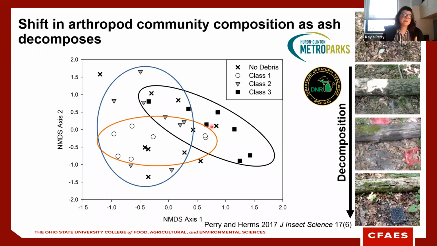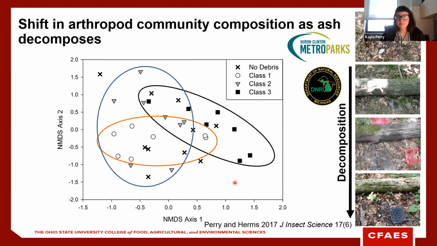And so this is really exemplifying this succession of arthropod community composition, or the species that are utilizing this woody debris resource over time, and how we're seeing a glimpse in the middle of this shift in composition that's occurring, which is really cool. And then, of course, you see the X's are all over the place in this figure. So we're collecting species that are similar to communities next to these logs, also very different. And so it's likely perhaps a site-specific effect that we're seeing with that, but generally very different community composition among